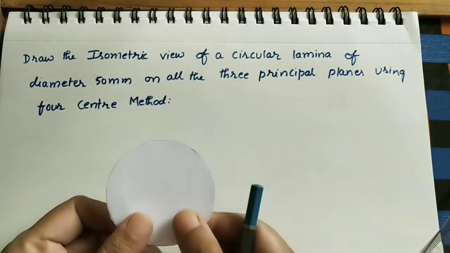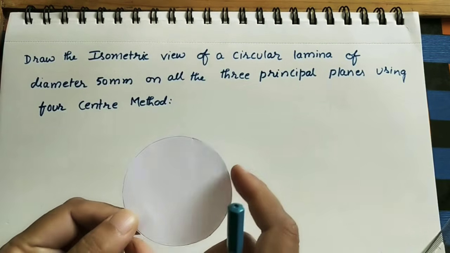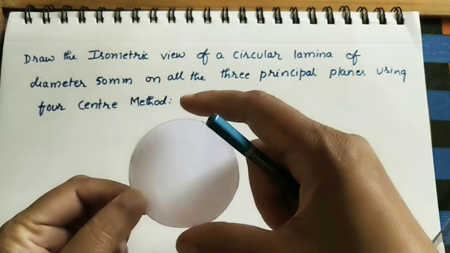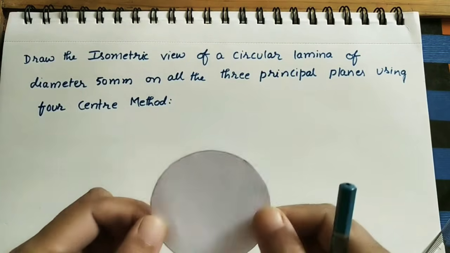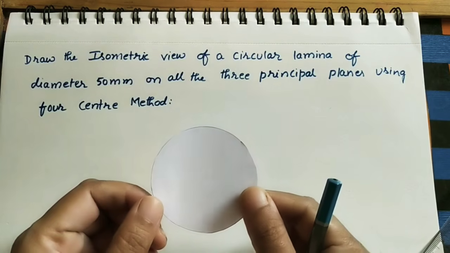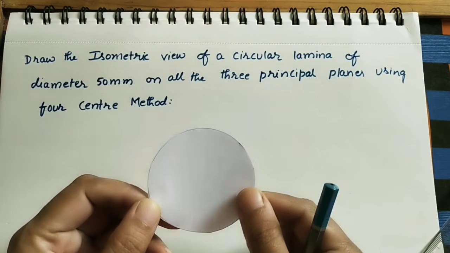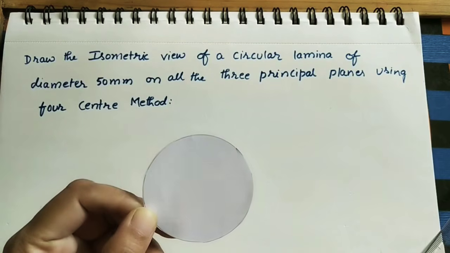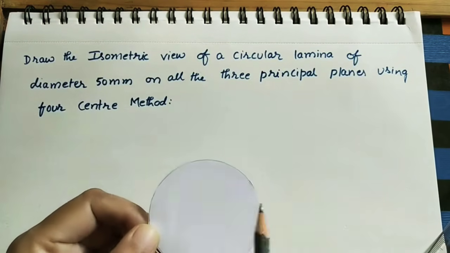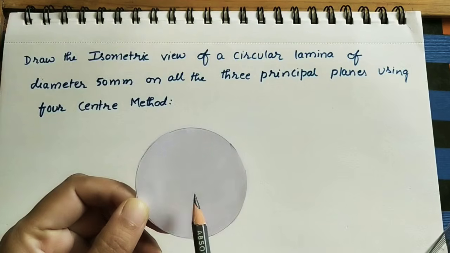Circular plane, I am taking this as an example. It has width and it has height. It has no thickness. If you see here, it is looking like a line. It has negligible thickness. Okay, this is a 2D diagram. Only two dimensions it has, width and height, the x value and y value. Z value is 0, that is, thickness is 0. Now we can call this an orthographic view or two-dimensional view.